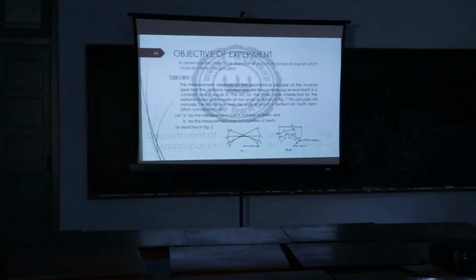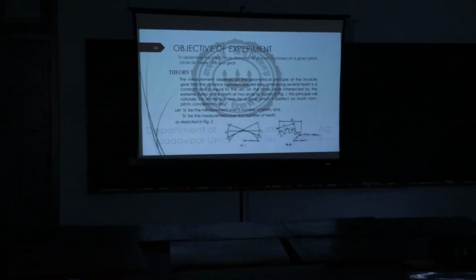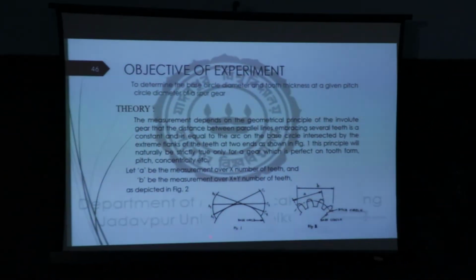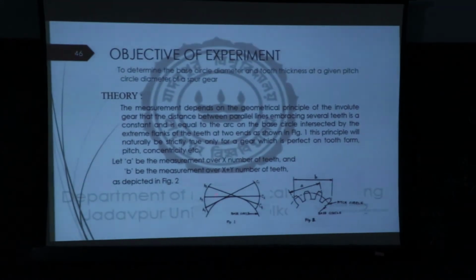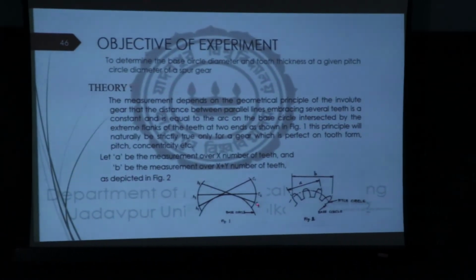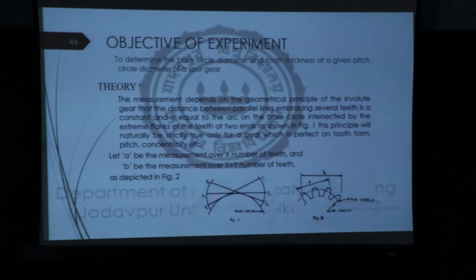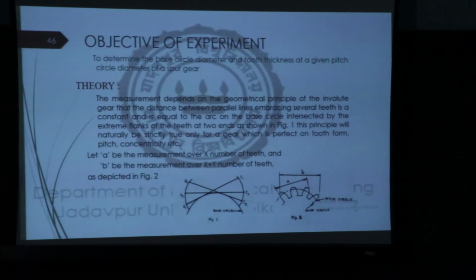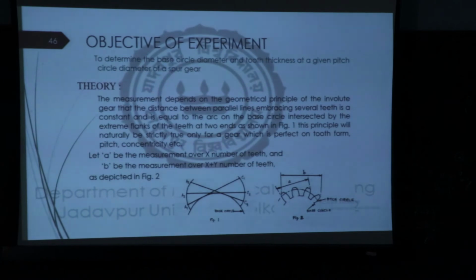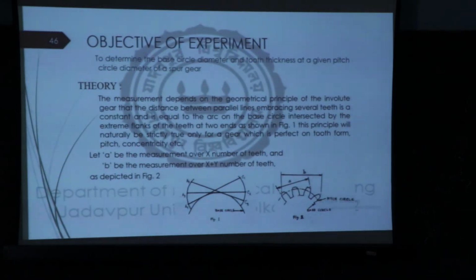You see the two involutes being generated. From the very definition of the involute, you know that whatever this dimension over this periphery is, it is nothing but the straight dimension of the tangent over the base circle. So the base tangent micrometer will ensure that the measured dimension will be the tangent on the base circle.